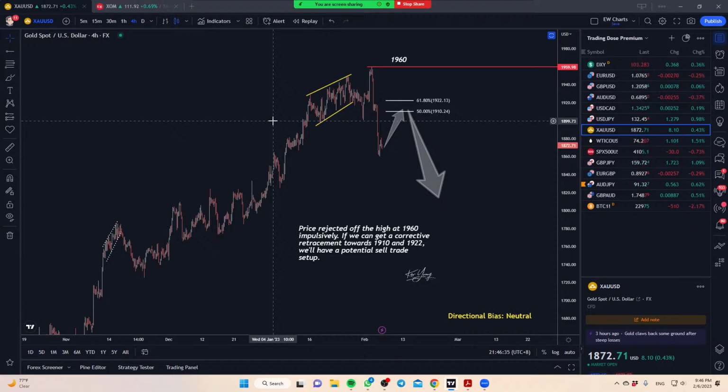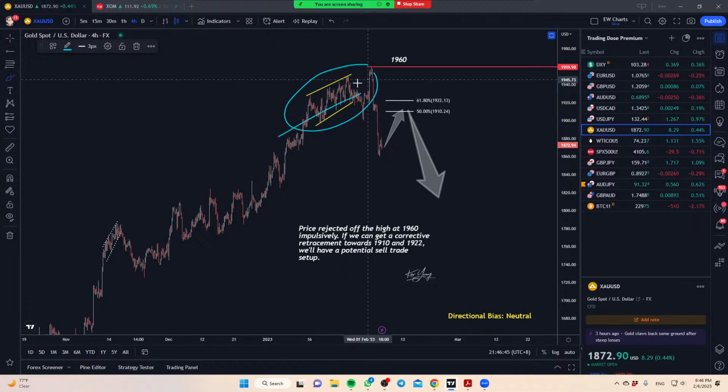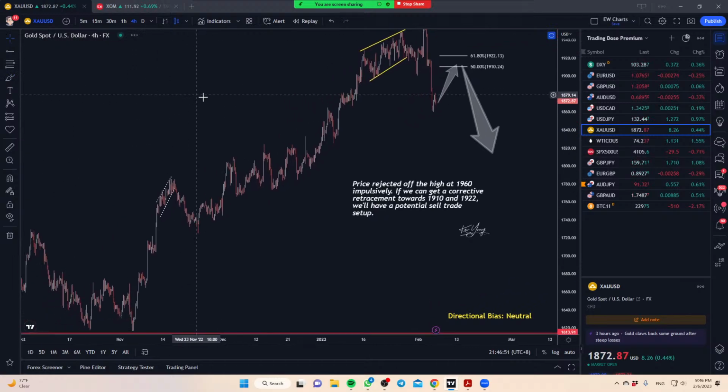It's never going to go one direction all the time. There will be bound to be a retracement. There will be bound to be a correction. Okay, and of course, when we add those kind of structure here, this is not a setup to look for a buy, right? In a way, we have been cautious on buying gold since late last year, early this year, right? But gold has continued to go higher.